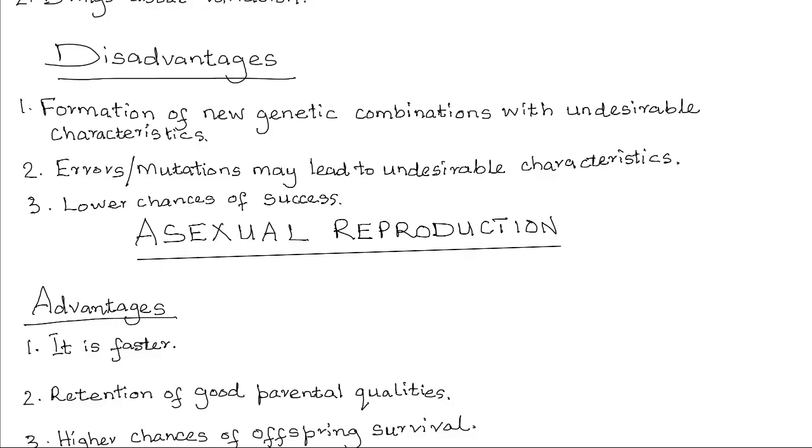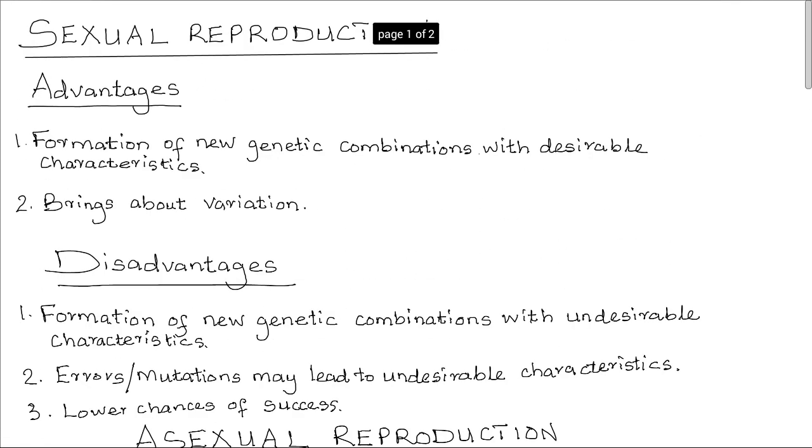Now we look at the advantages and disadvantages of sexual and asexual reproduction. In sexual reproduction, there are two distinct advantages. One is that there is formation of new genetic combinations